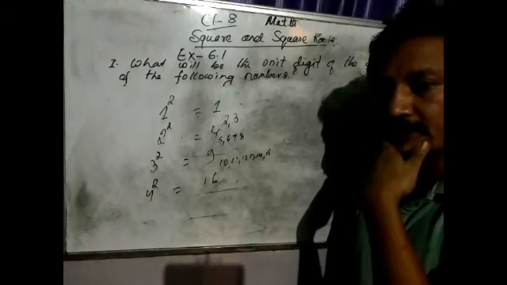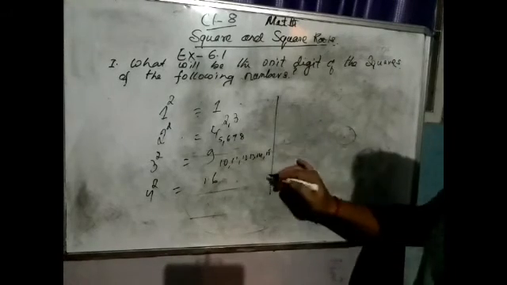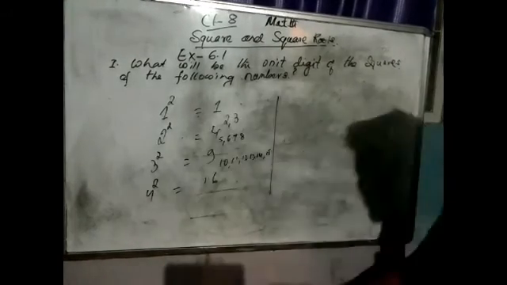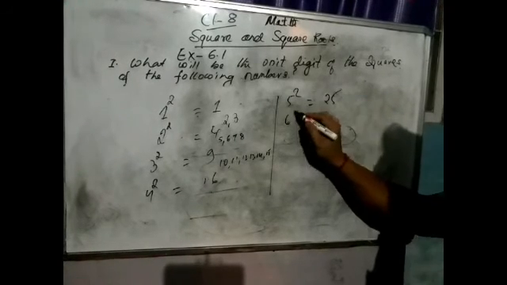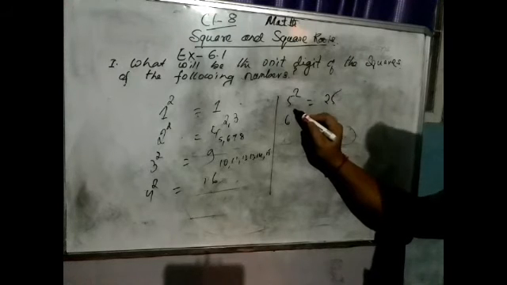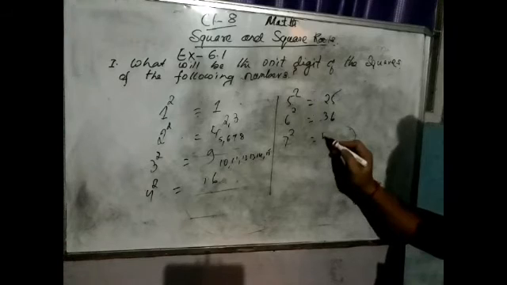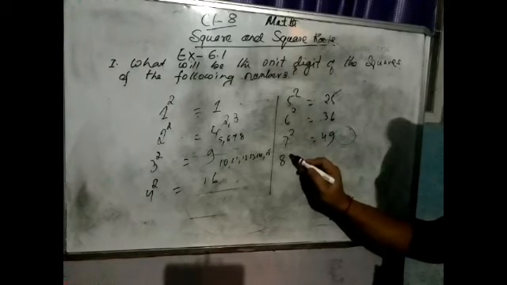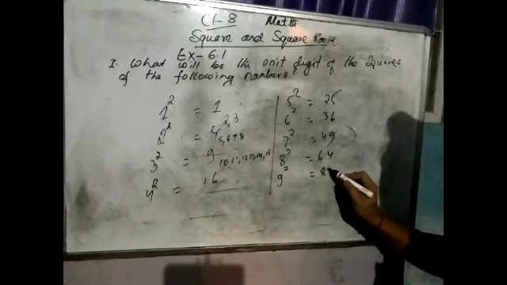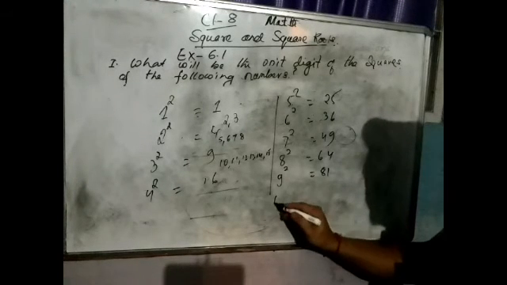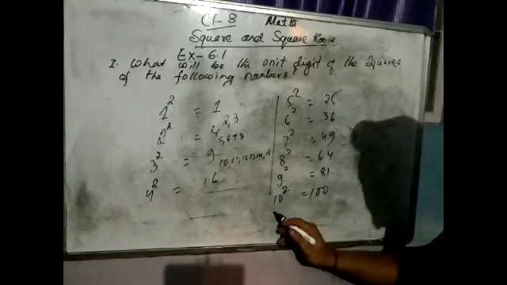Okay, so what does that mean? That means, okay, I'll just show you thoroughly that the square of 5 you will have 25, square of 6 will be 36, square of 7 will be 49, square of 8 will be 64, and square of 9 will be 81, right? So when you come to 10, the square of 10, you will get 100, and when you come to another number,